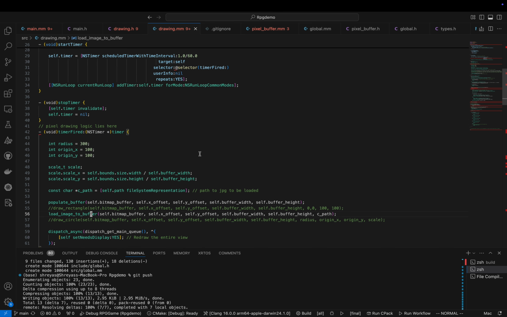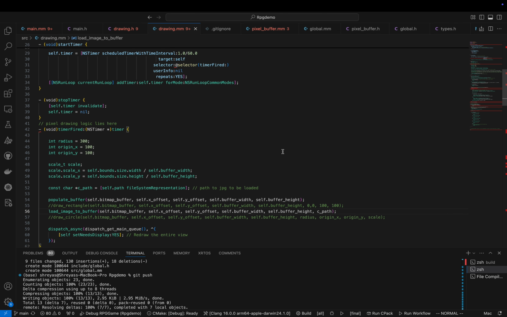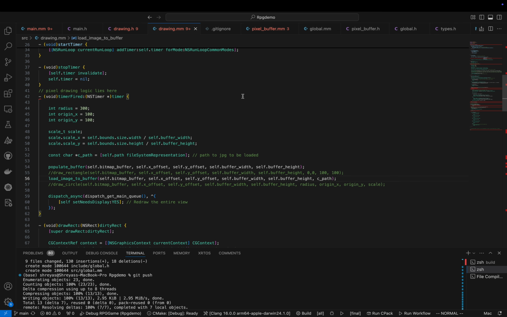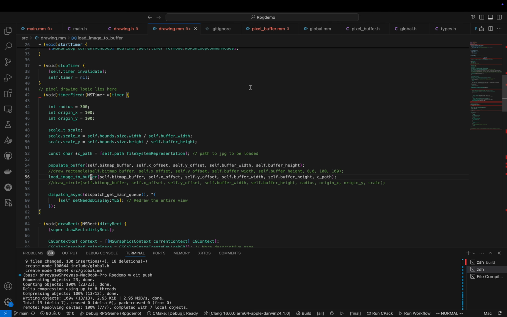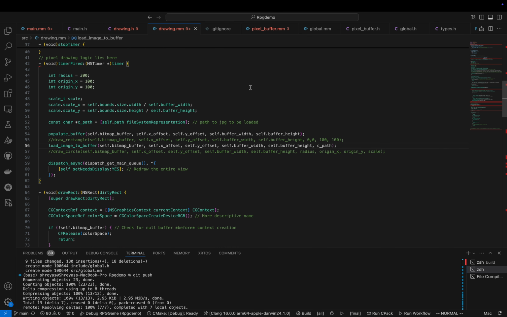So I'm like, okay, let's step through the debugger and figure out where I went wrong. So I step through the debugger, and lo and behold, it shows my image up on the screen. I'm like, okay, what's wrong then? And I spent a total of 6 hours trying to figure out why it's showing up in the